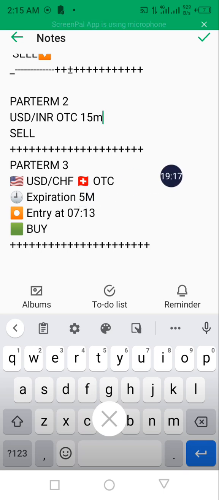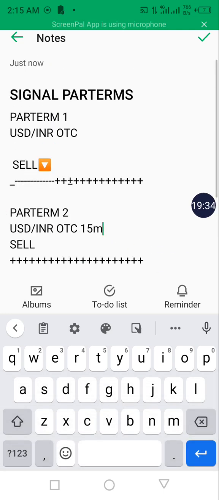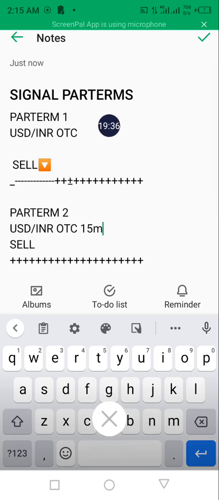It's very simple. So the first line is the pair to select. Expiration time is 5 minutes. Entry time is 07:13. Take the 13 into consideration. Then the direction of the trade is buy. Very simple. Then this pattern 1, immediately it is dropped,